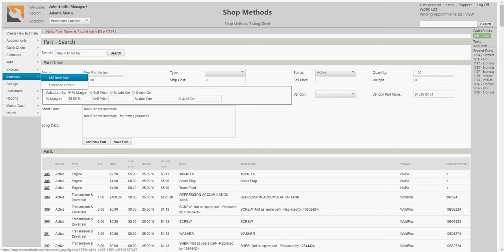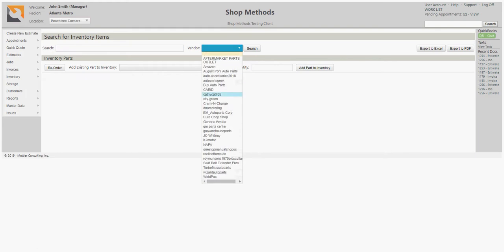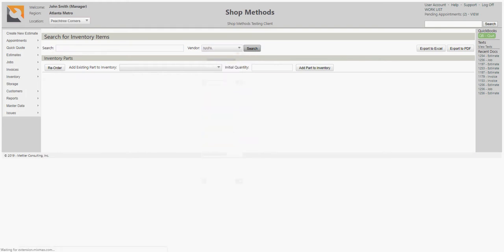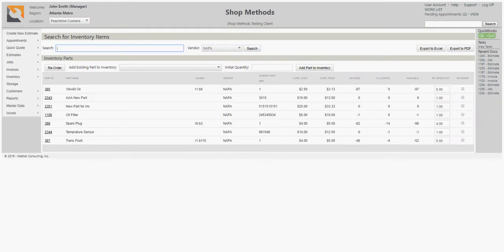an inventory record. So if we go back to our list inventory, we choose Napa because that's where it was. We search. We have our, right here, new part for inventory. $25 was the current cost. We haven't changed that. $33. So it has on hand 0, allocated 0, available 0. Okay, so we've created it. We can go and use that